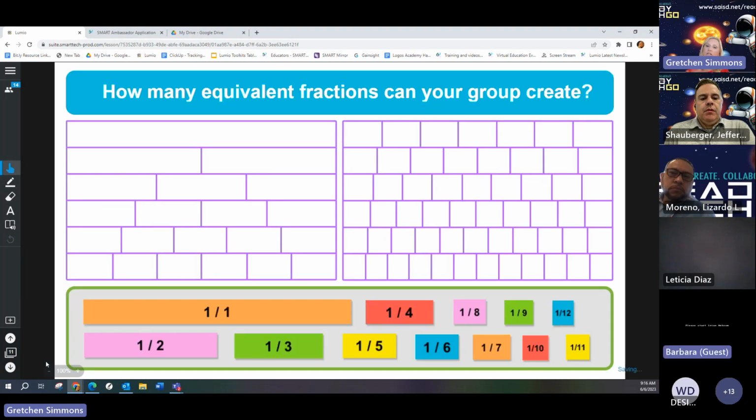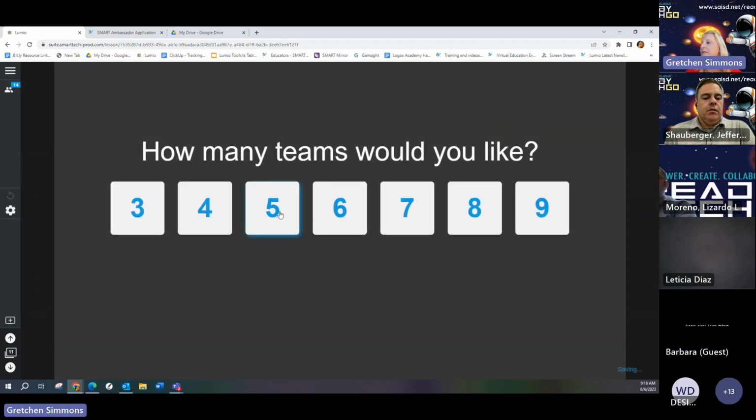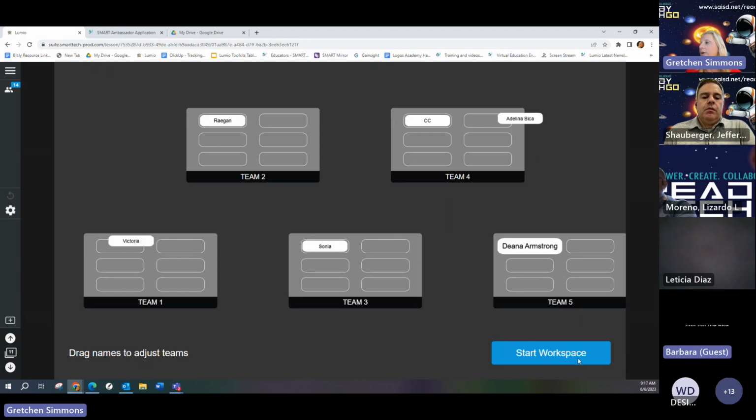Going into, I wanted to show you an example of a math lesson. Once again, this is our ready-made resource. This is a fraction manipulative. I simply added just the text at the top, what directions, how many equivalent fractions can your group make? So I already knew in my mind I wanted to make this a group workspace. I'm easily going to click on the icon, click group workspace, 5 teams, and it's that quickly that